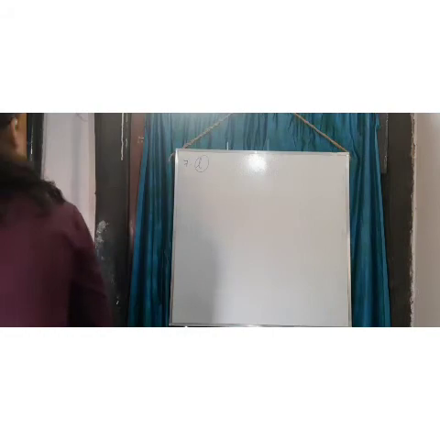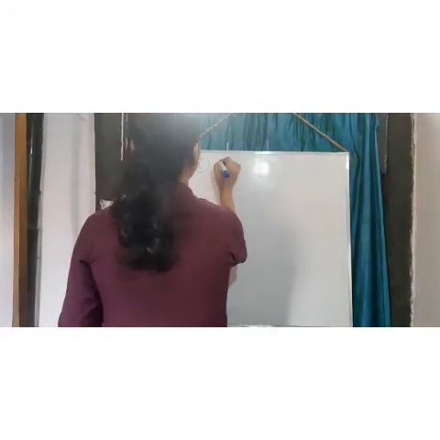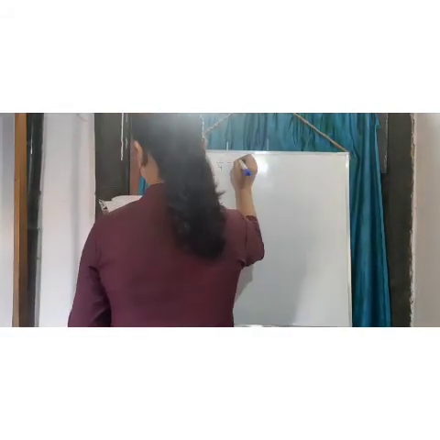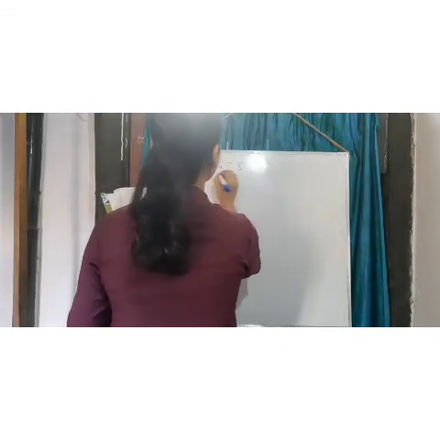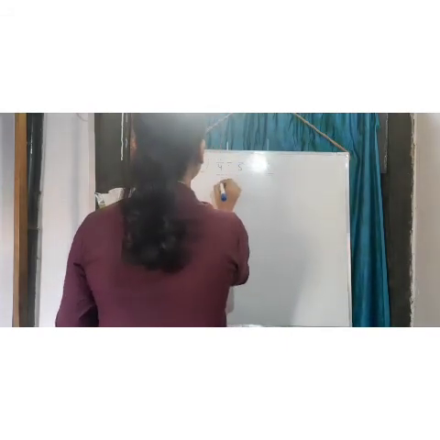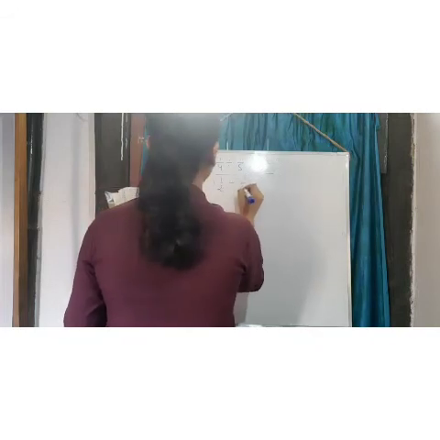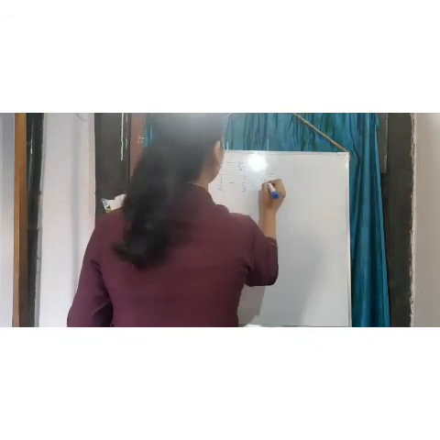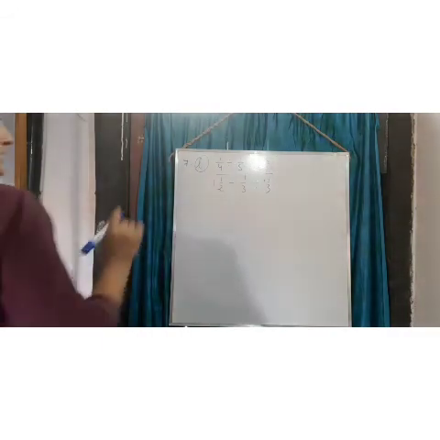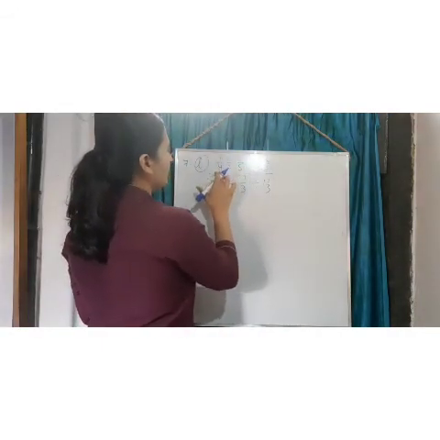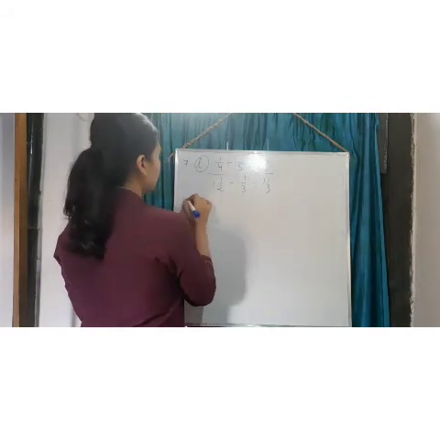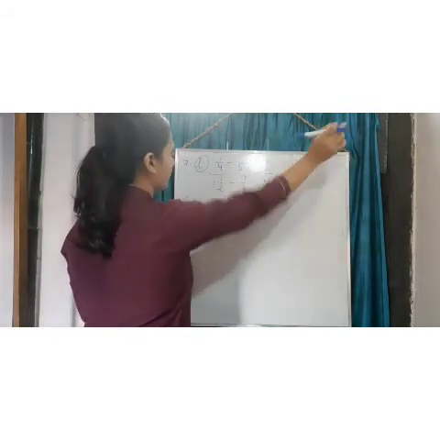So the question is 1 by 4 divided by 1 by 5 of 1 2 by 3, over 1 1 by 2 minus 1 by 3 divided by 1 1 by 3. Okay. Here in this question, you can see the two expressions, right? Numerator and denominator are given, isn't it? So let us solve this.